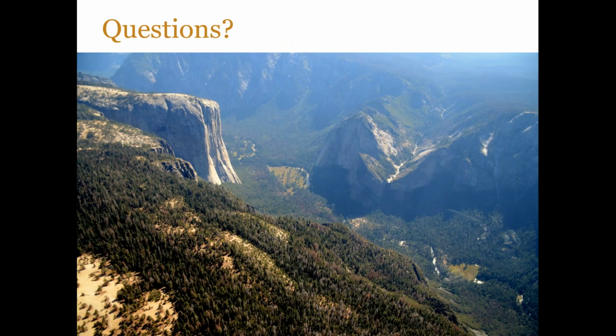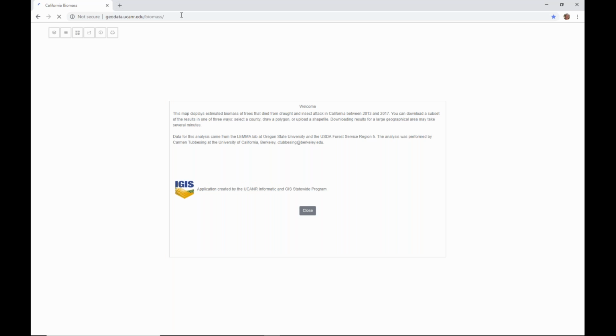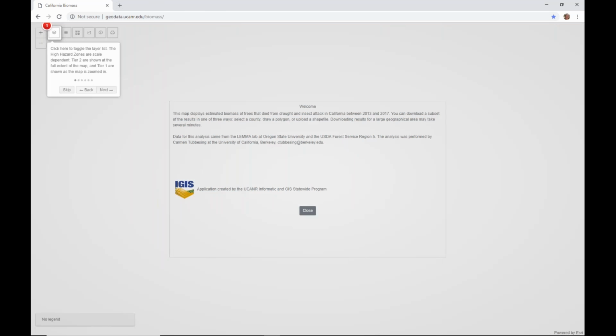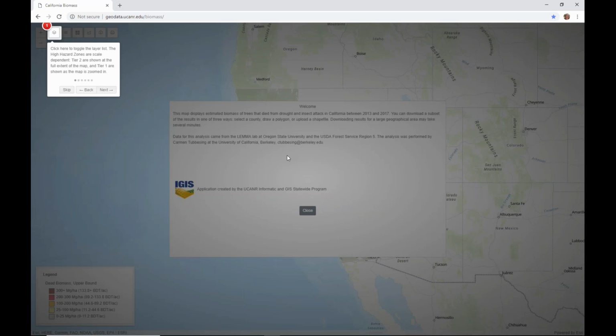Before I move on to questions, I will show you the web map. First thing you do is go to this URL, which is in the webinar description, or you can just type it here based on what you see. If it does not work for you, if your screen does not look like this when you go to this website, check if you're on Internet Explorer, because the web map is not compatible with all versions of Internet Explorer. So if it doesn't look like this, try downloading Chrome or Firefox or a different internet browser.